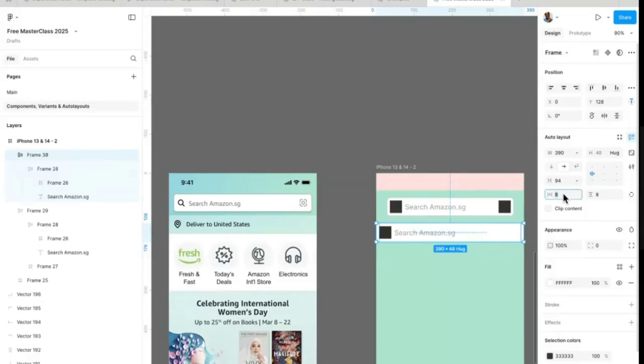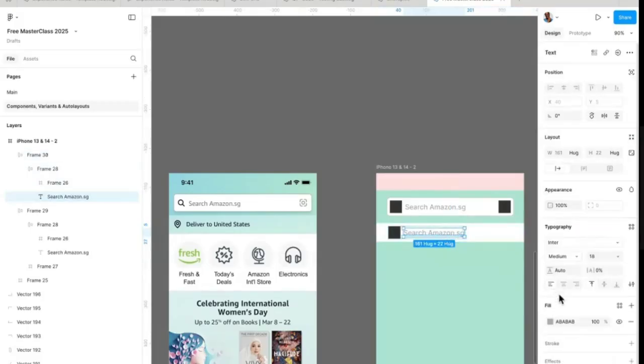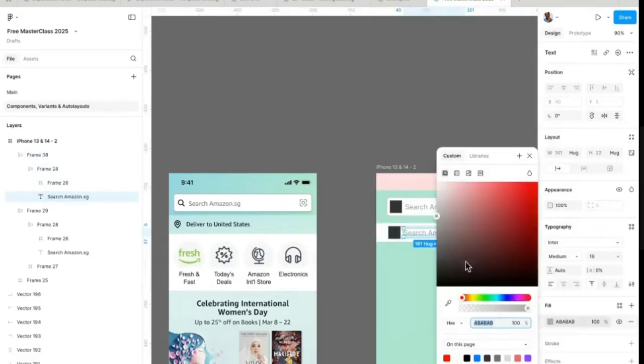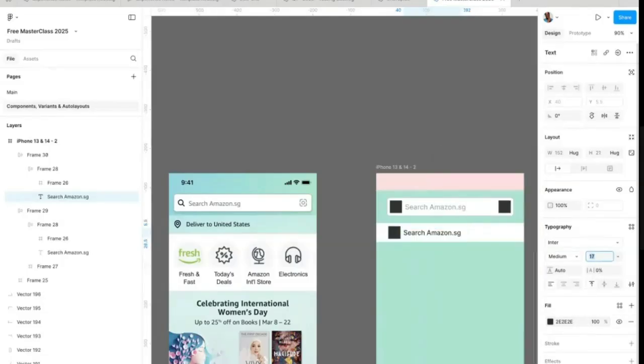I'll just increase. Now we are beginning to match the same position. Deliver to the United States is what the text is, and it's supposed to be a smaller and darker text. Select that. Now come here. I'll make the text darker. And instead of 18, I'll go down to about let's just say maybe 14. And then I'll change what the text is. Deliver to United